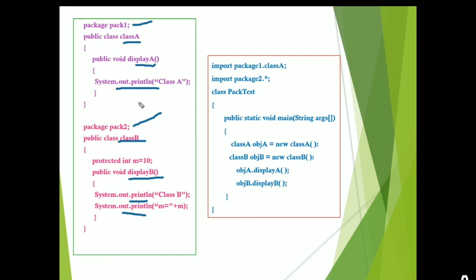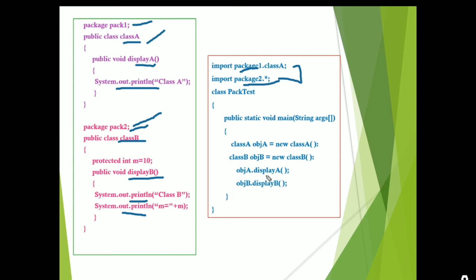Okay, when I want to use pack1 and pack2 in my class, we need to use the import pack1.A. Sorry, here I have to use pack1. Here I have to use pack2.*, class A, which belongs to the package pack1, and package pack2, which includes the class B, can be accessed. In class PackTest, in the main method we create the object for class A, which is the package 1 class, and class B, which belongs to package 2. We have imported multiple import statements here.